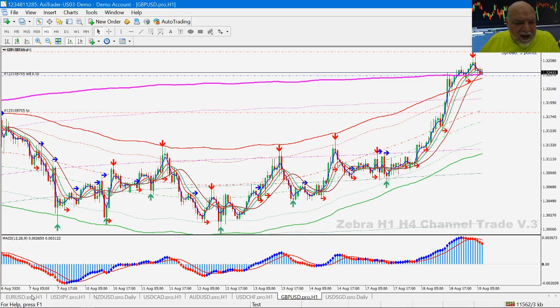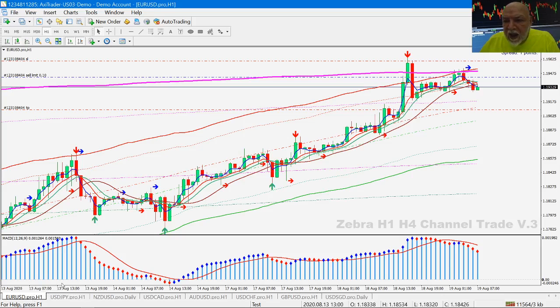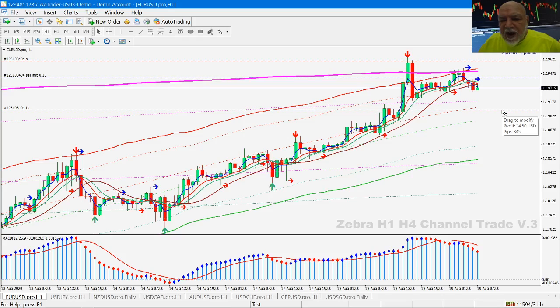Let me see, where did I have my other trade here? Here it is on the Euro USD. It's very similar. You can see price coming up here. My stop up here is about 17 pips of stop, and my target is 34. So that's a 2-to-1. Might be a little less than 2-to-1, but those were two trades that we put on during the session this morning.